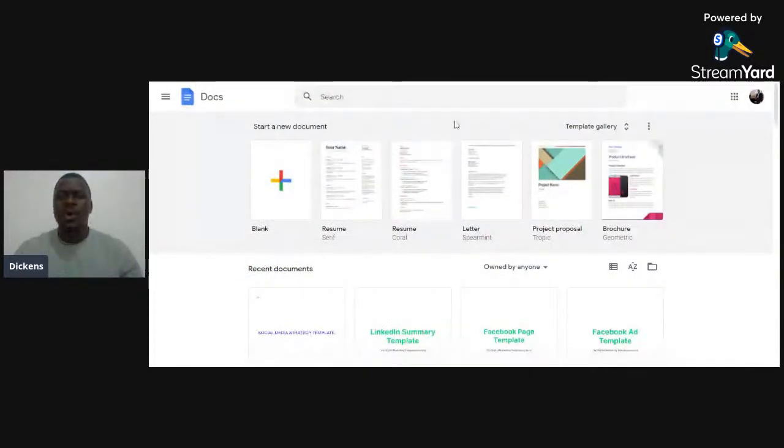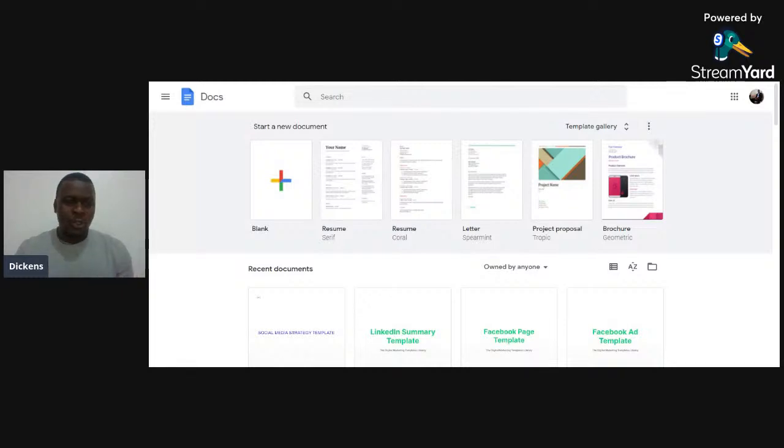Now, the difference between this document and the normal Word docs that we normally have is the great features that we find on this particular document. It also comes with different templates. So whether you want to write a resume, a letter, or create a brochure as a business, you need to have some of these skills so that you do not spend on employing people to do some of this work for you.